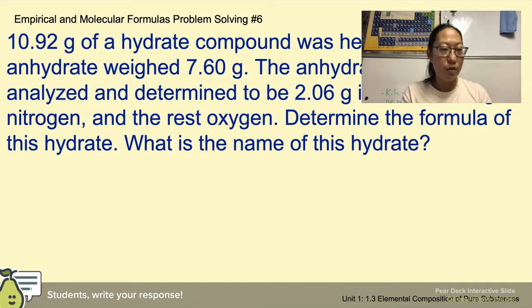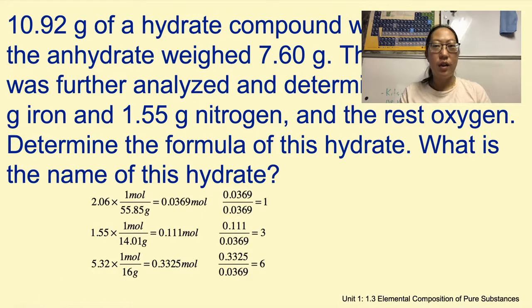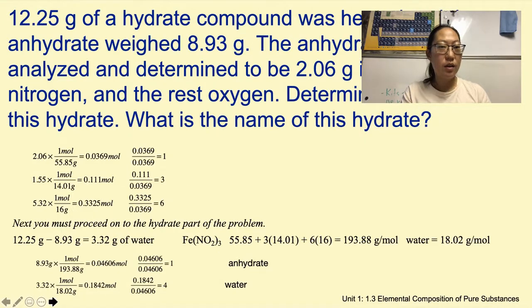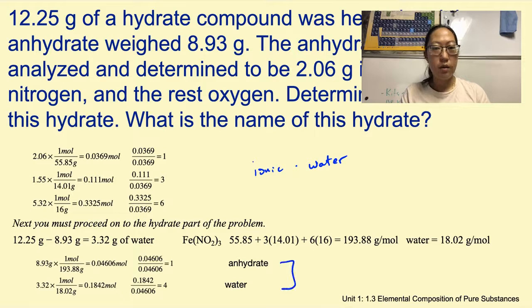So another problem that you're going to do, hopefully, and here is the solution to that one right there. And yeah, more solution part for the hydrates. The hydrates, remember, we have the ionic part, and then we have the water part. Okay, so if we take a look here from the anhydrate, we have Fe(NO2)3, and then we have 4